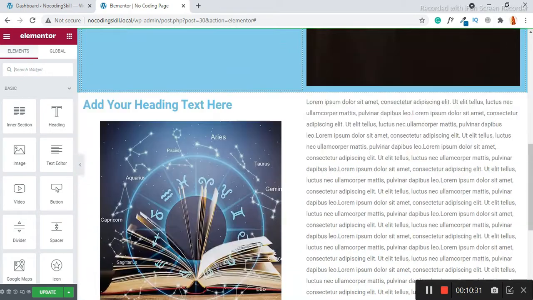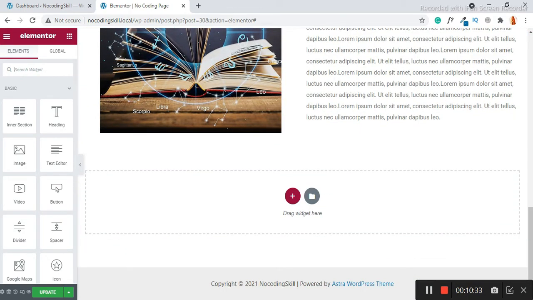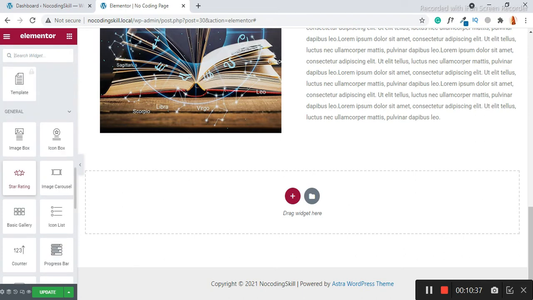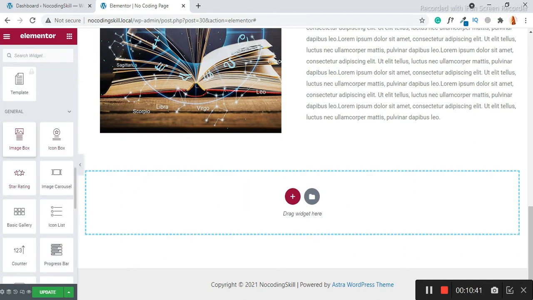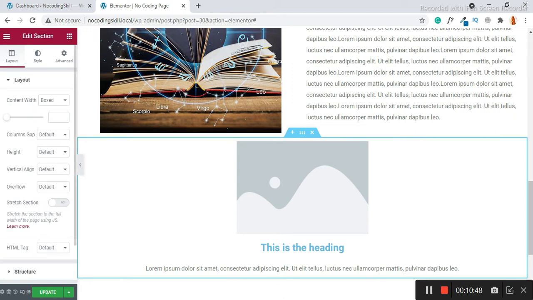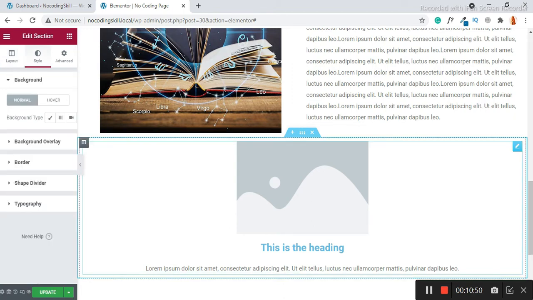Suppose you need an image box, this is a different type of element. If you want to edit, click over here and change the style from here. So this is an image box inside a section.